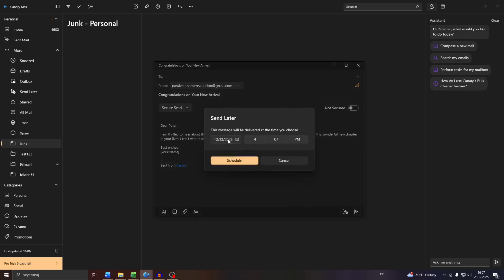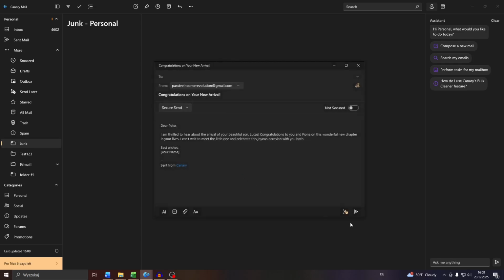So let me do that and select, for example, New Year's Eve. And then you can also pick a time of the day in AM or PM, 3:00 p.m. Confirm by clicking the checkmark button, schedule the email, send, and you will see the icon change its color,